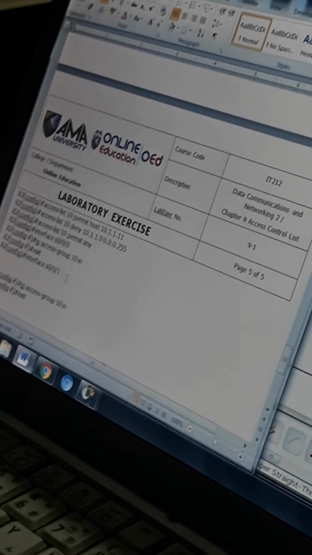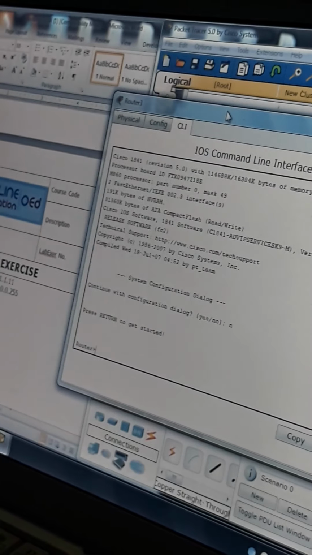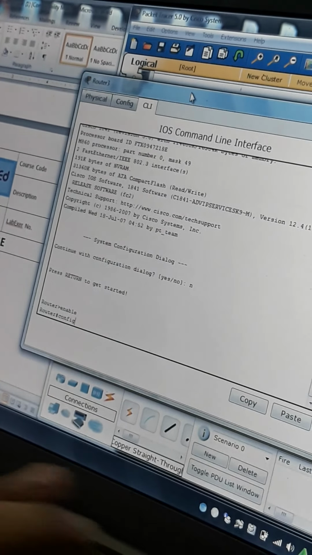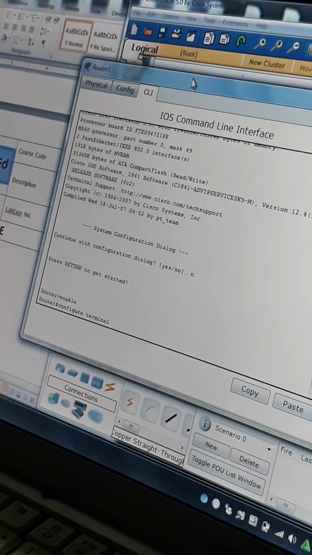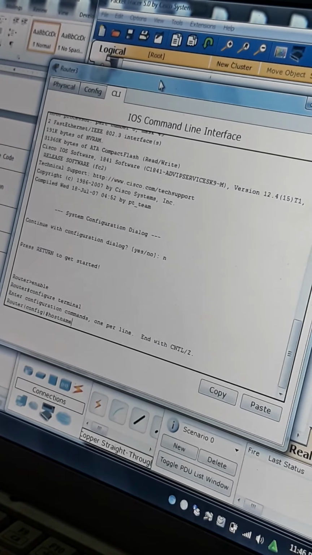So since we're done here, I'm gonna do this configuration, this part. So I'm gonna try to select this router number 3. Enable router, configure terminal. Host name R3. So now it get back to